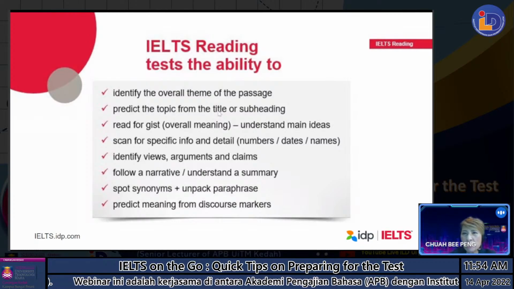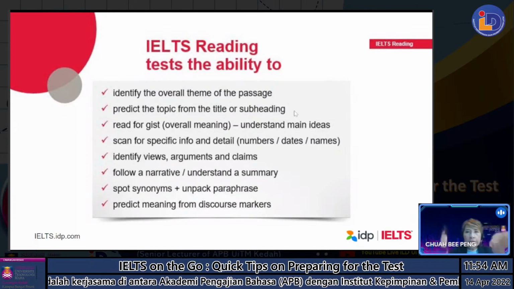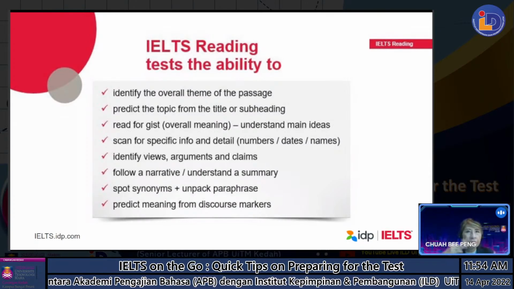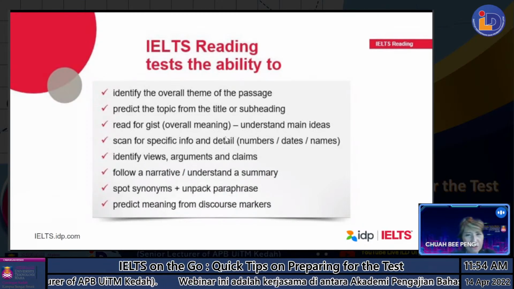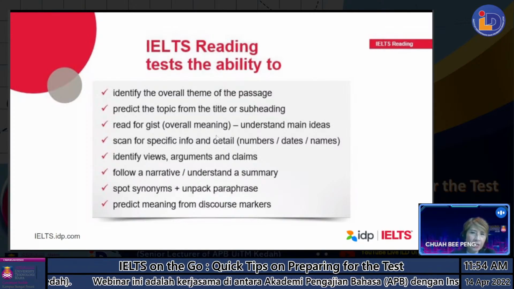Now, this is the tricky part. They will give you a long list, let's say maybe 10 subheadings, and then in the passage there might be only 8 paragraphs. So you need to match the heading to each paragraph, and they always give you 1 or 2 extras to confuse you. So I always find that quite challenging. Yeah, so be prepared for that.